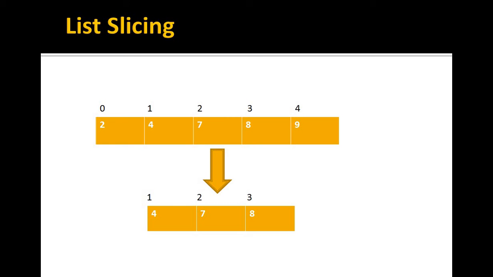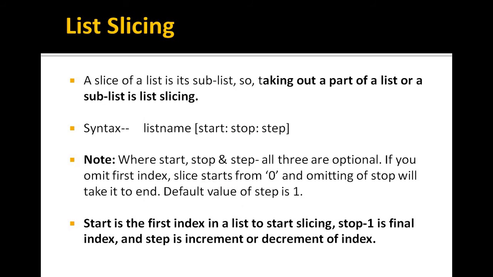Now we are going to access not only one value but some more values, 2 or 3 values or more, from a list. That means when we are going to access more than one value from a list at a time, then this is list slicing. This is taking out part of a list and working on that. So list slicing is taking out part of a list, or accessing a part of the list, and we call this part a list slice.